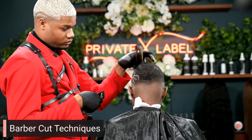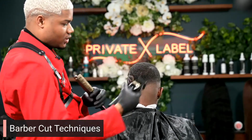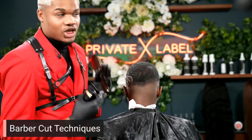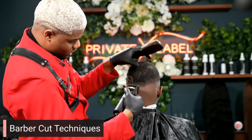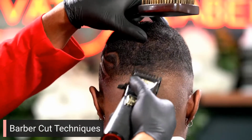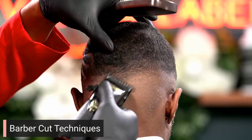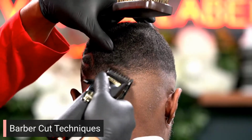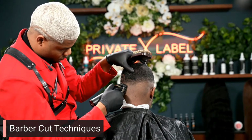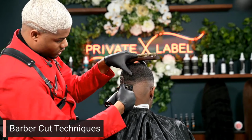So now you're matching up both sides. Yep, pretty much. Like I said, I detailed this side, I'm gonna go ahead and detail this side just to make sure that everything is cohesive. So I'm just going through and taking out my guidelines first. Remember, you got them cowlicks, so you're gonna have to go in at an angle. I noticed that you're going very slow and being very precise at what you're grabbing. Would you say that that would be the best choice when you're doing your fades and your designs? Yes, definitely,